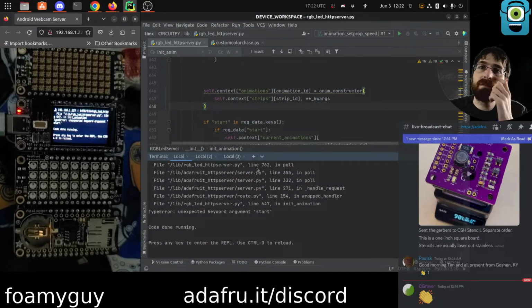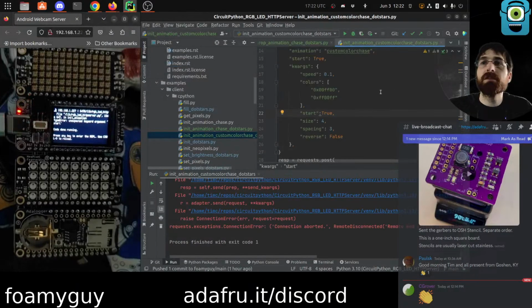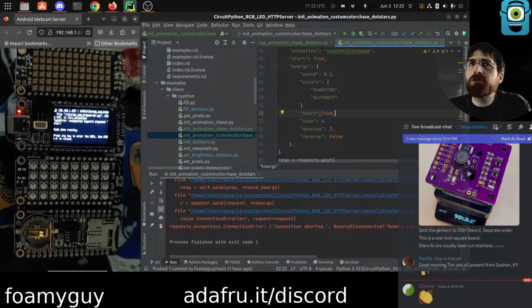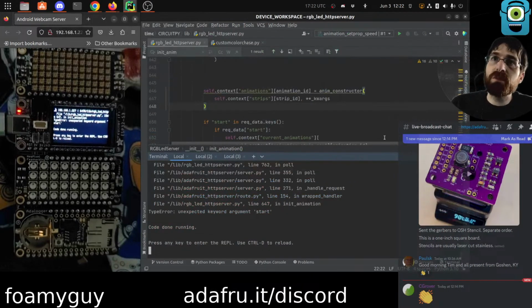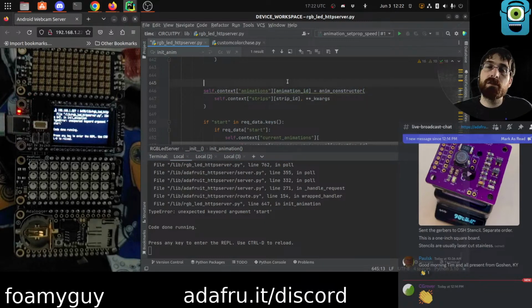Okay. Animation, unexpected keyword start. Did I put it inside of kwargs? I did, but I didn't mean to. Oh, in fact, actually, there's already start up here. We should catch this and return a better error, though. This should be graceful, so let's fix that, too. A type error. So let's say when we call this, if we get a type error,